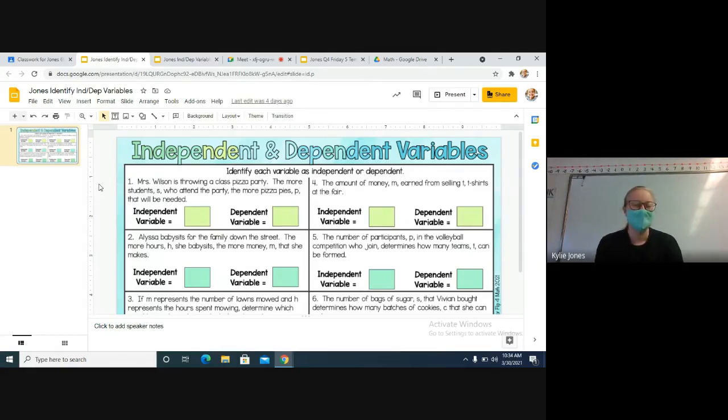Number 1, Mrs. Wilson is throwing a class pizza party. The more students, S, so S represents students, who attend the party, the more pizza pies, P, that we will need. So we need to figure out if the number of students depends on the pizza, or if the amount of pizza depends on the amount of students. Number of students depends on the pizza. So if I have 5 students,